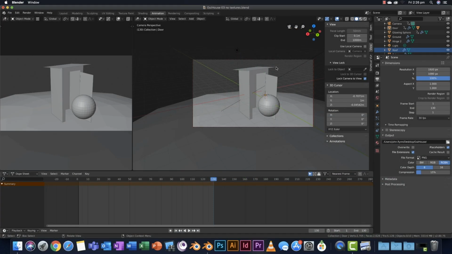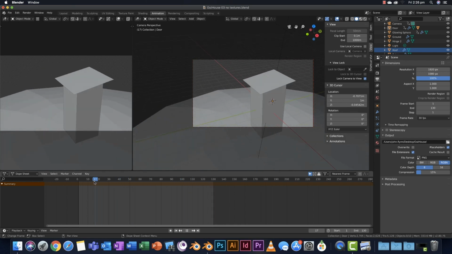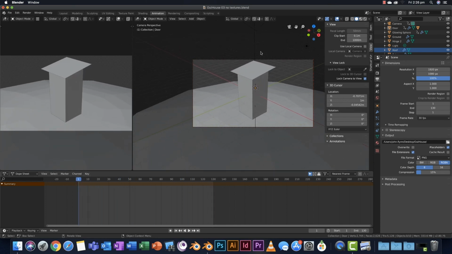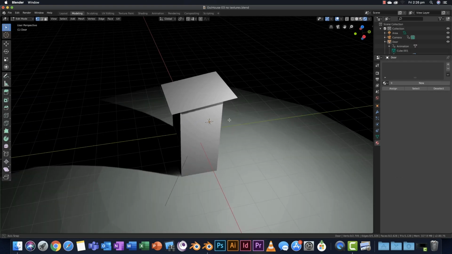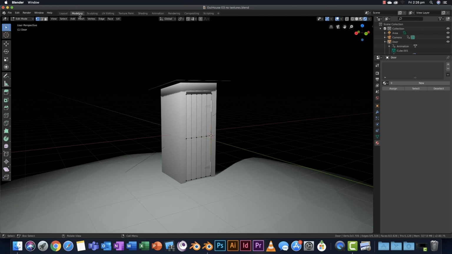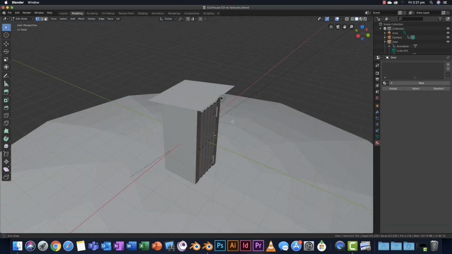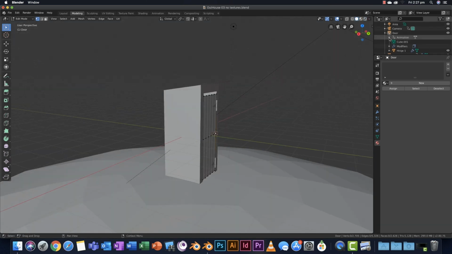I'm going to show you how to put textures all over this. So I'm just going to rewind the animation and show you what to do. So here we are, I'm in the modeling layout. If I hit Z, we'll see it's currently in rendered. For now, I can just go to solid, and I'm going to start with the toilet